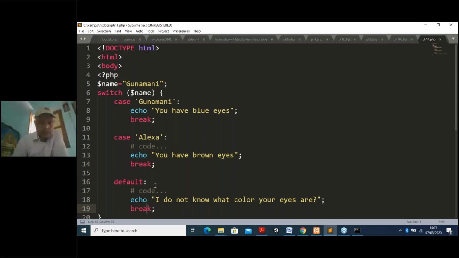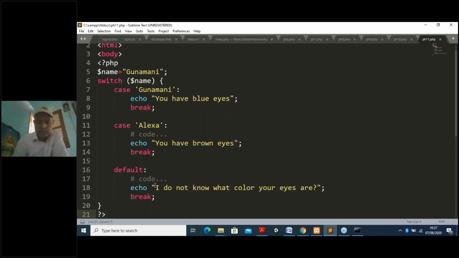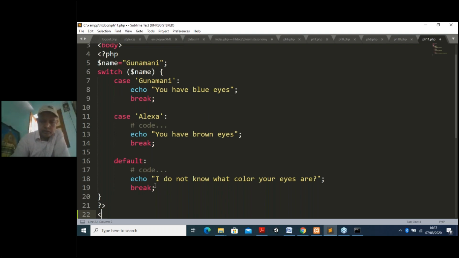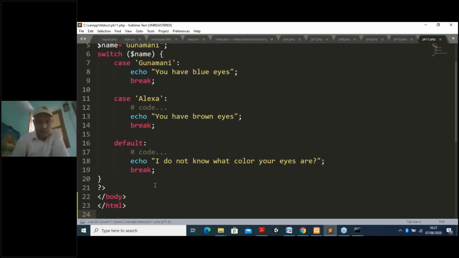You understand what I'm telling? Then close it, because you started with the body and HTML: slash body, enter, slash HTML, enter, Control S here.